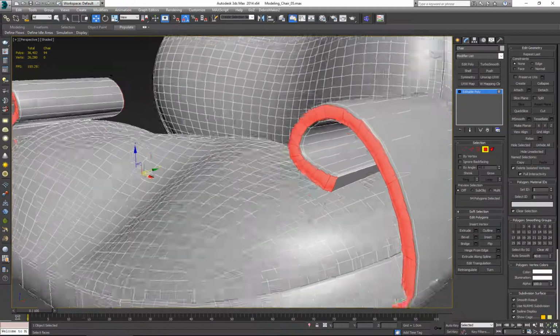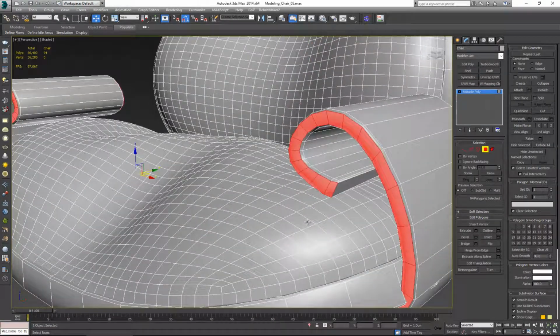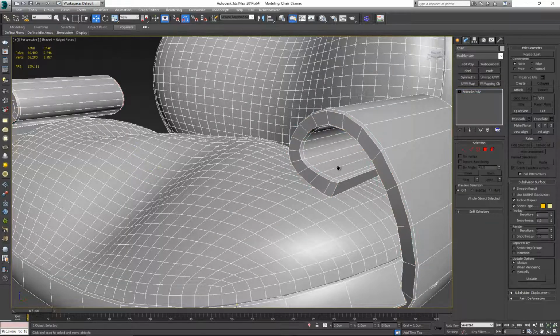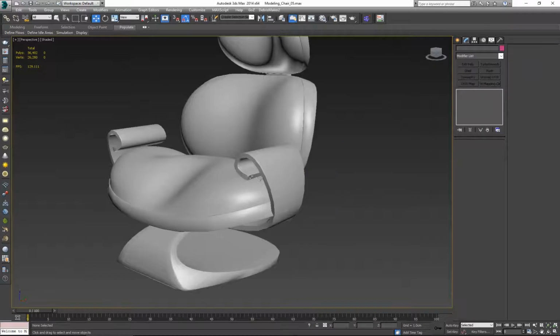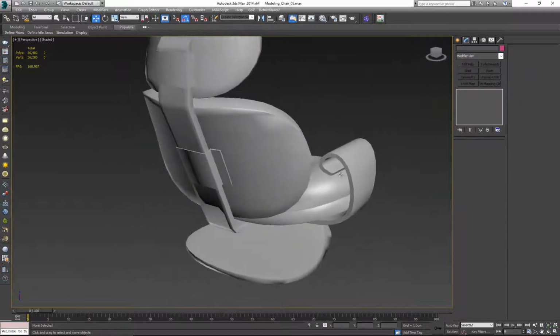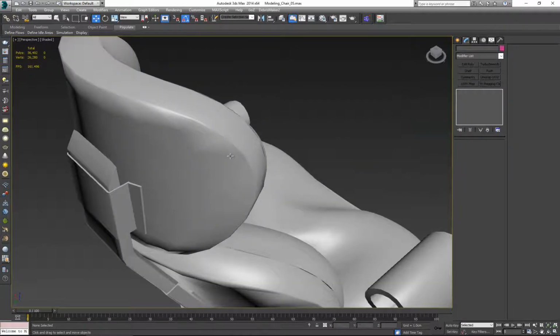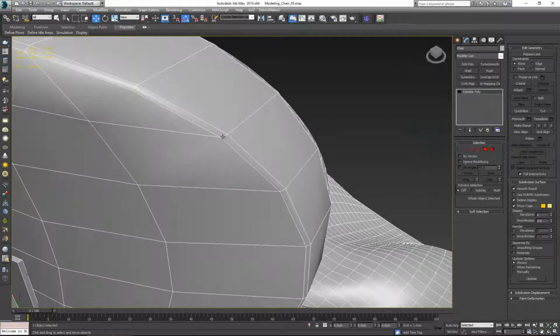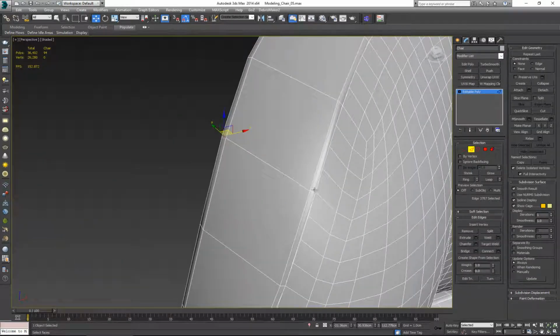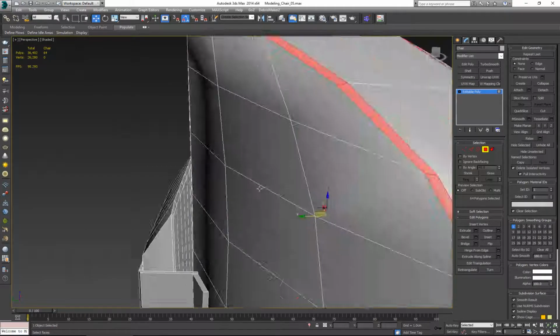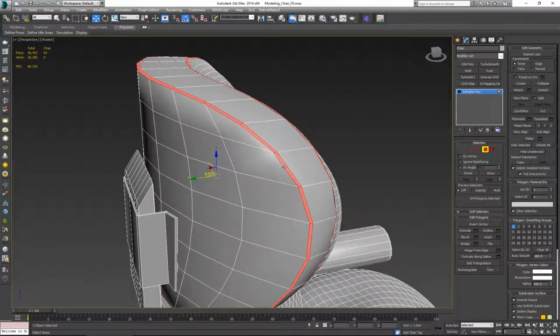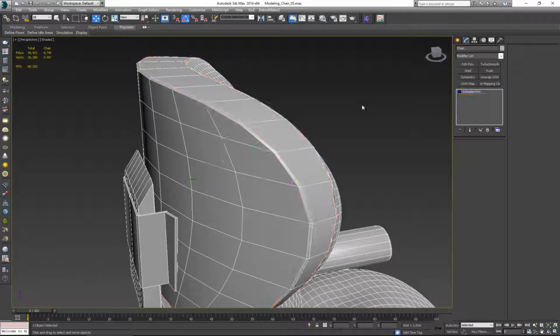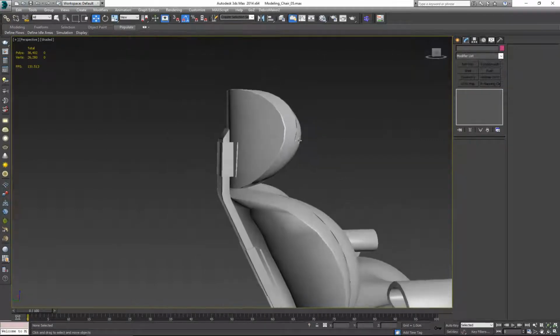So what I'm going to do is select both of these, and individually just click on the K and apply a separate smoothing group to those, and that's going to fix that issue. There we go. Everything's fine. For the back side though, I think that the creases here that we have on the sides, we'll need to have smoothing group reapplied to them. Basically what we did when we were modeling the chair, but now for some reason